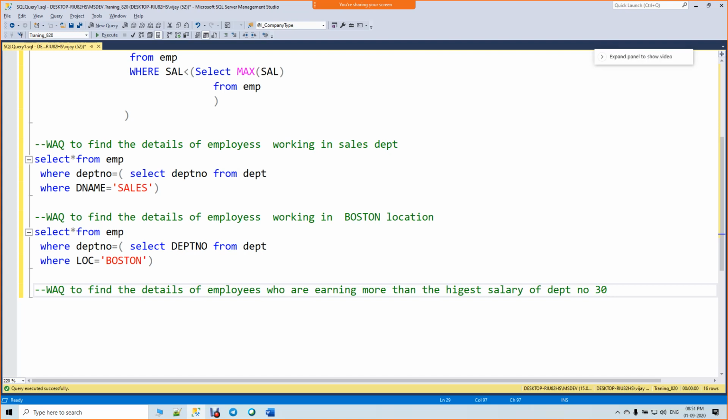Is it clear or are you stuck somewhere? It's clear? Okay, can we do the next question? Write a query to find the details of employees who are earning more than the highest salary of department number 30.